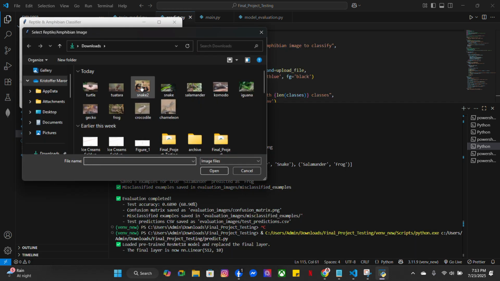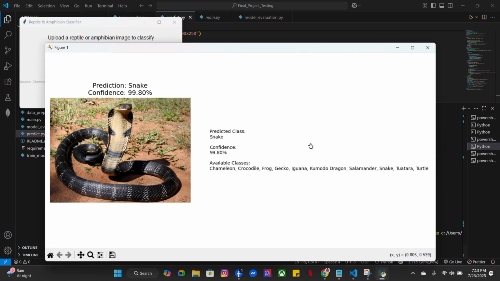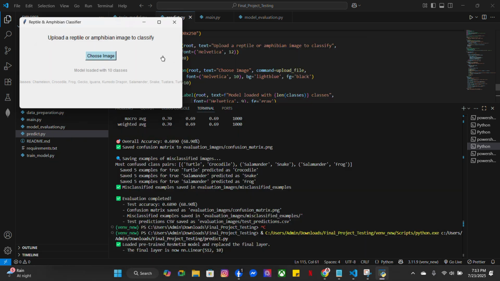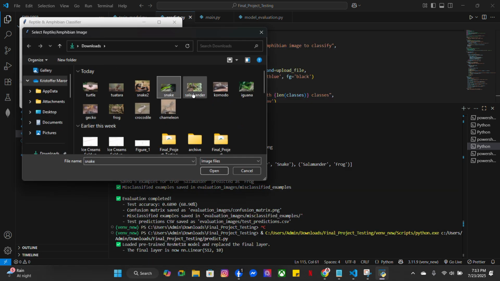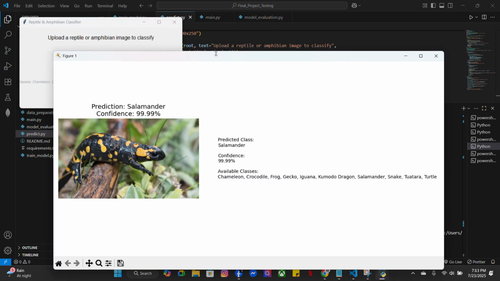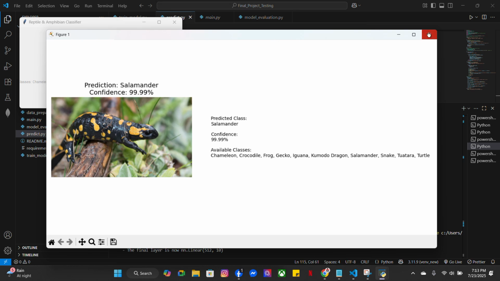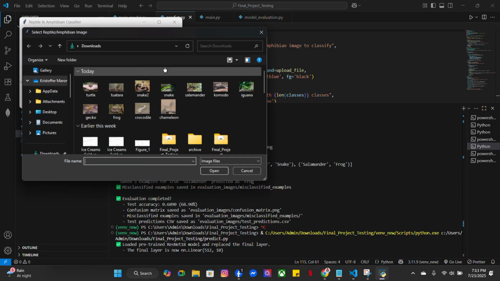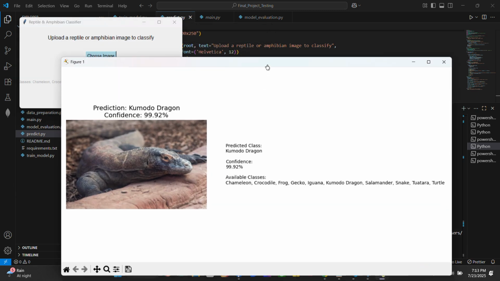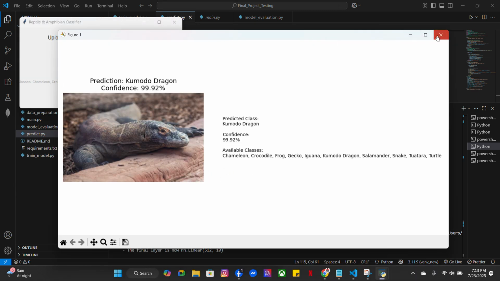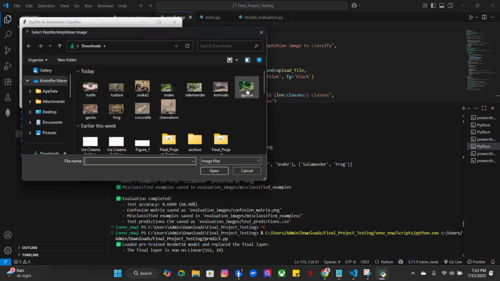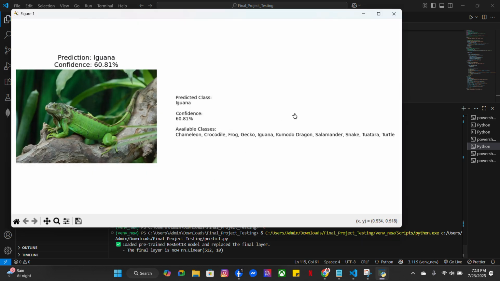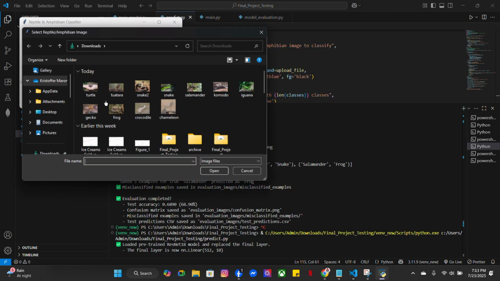That's correct. A very high confidence rate. Also correct, at 99% confidence rate for the gecko. Ah, no, salamander. Iguana, predicted properly, with a mid-range confidence rate.